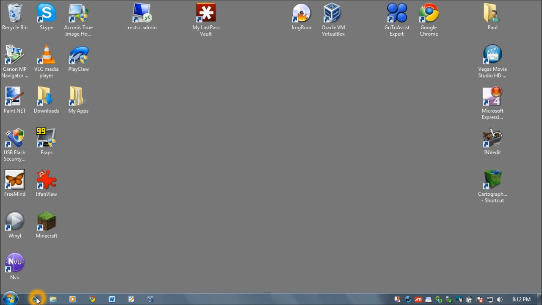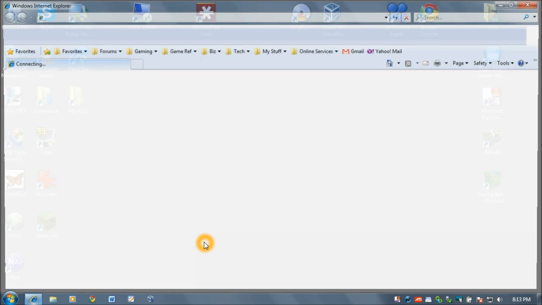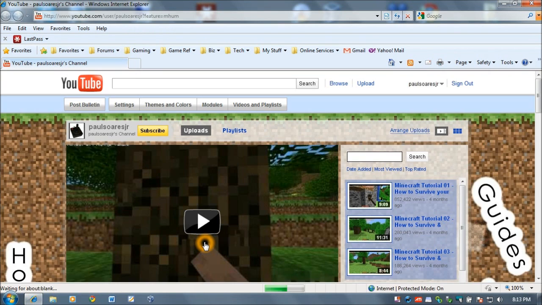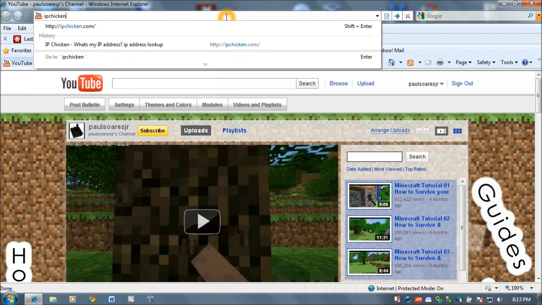Now we need to discover your wide area network IP address, or the IP address that your cable company or DSL company, whatever your ISP happens to be, has assigned to you. Most likely it's going to be on your router if you have a router, or your modem. So what we need to do is load up a browser and go up to the address bar here and type in ipchicken.com